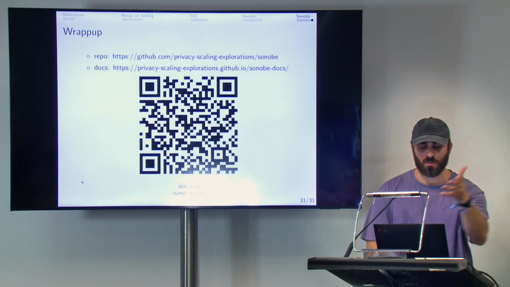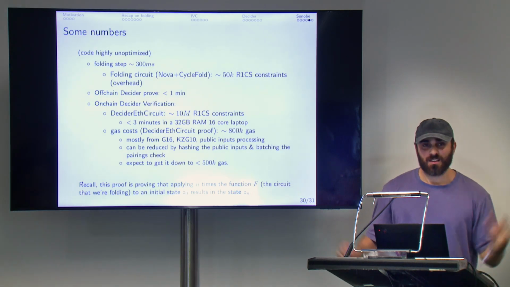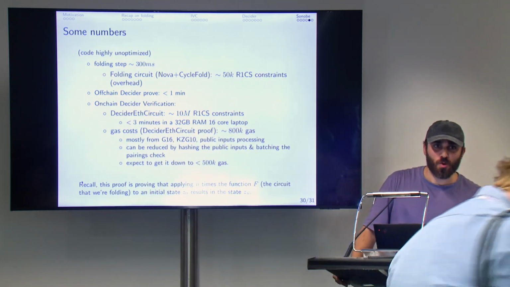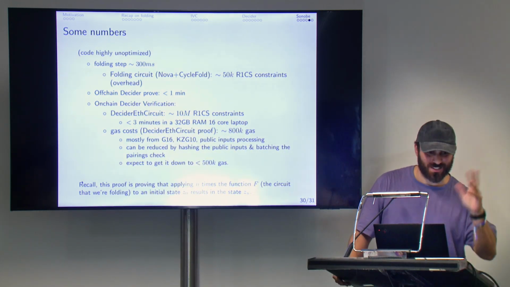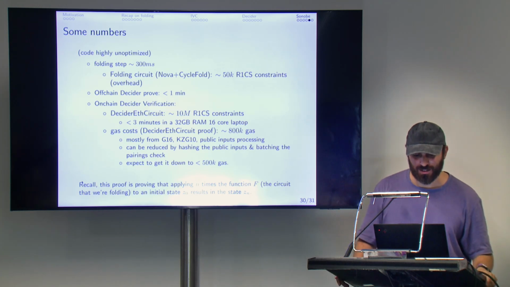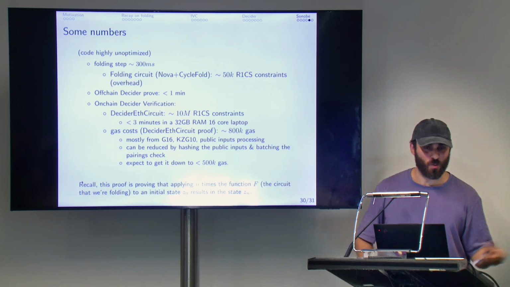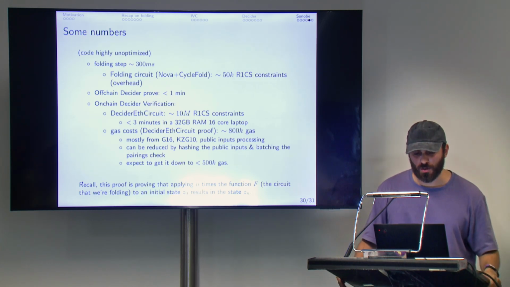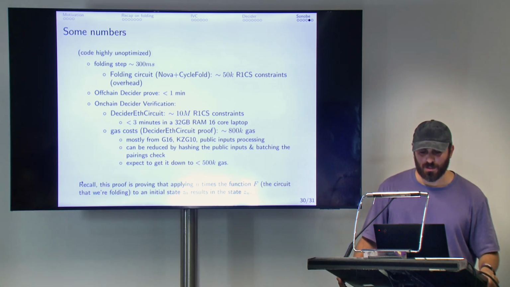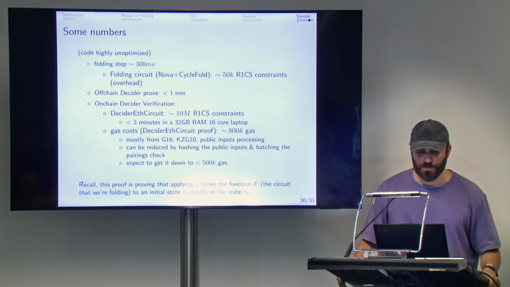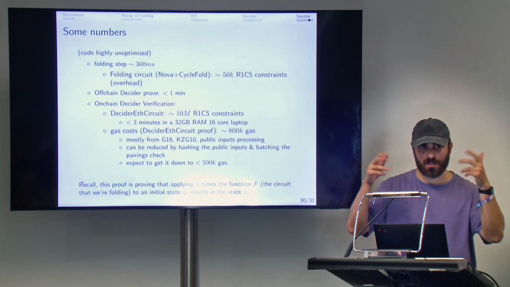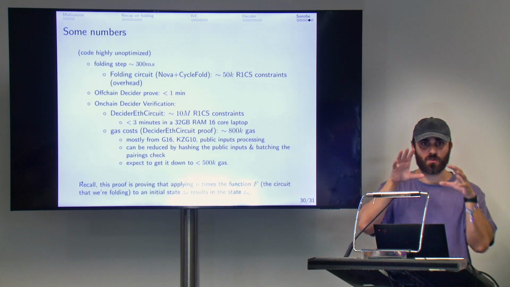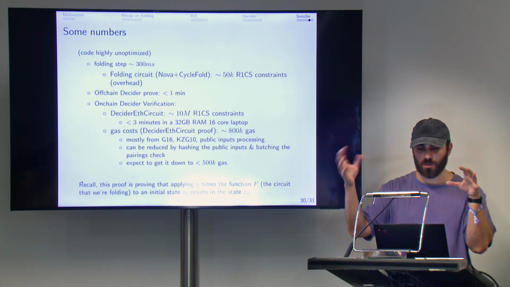So, last slide, because the last one is just links. Some numbers. Again, remark, this is highly experimental and unoptimized code, just for research. So don't expect to use it in some project that will depend on it. The current folding step with a small circuit, using the Pasta curves, Pallas and Vesta, is around 300 milliseconds. This is amortized as your folding circuit gets bigger. When your folding circuit is very small, we have this overhead in the wrapper folding circuit, the augmented F circuit,